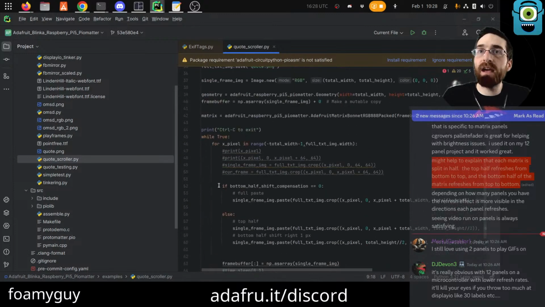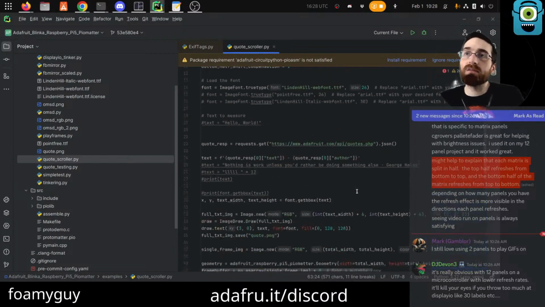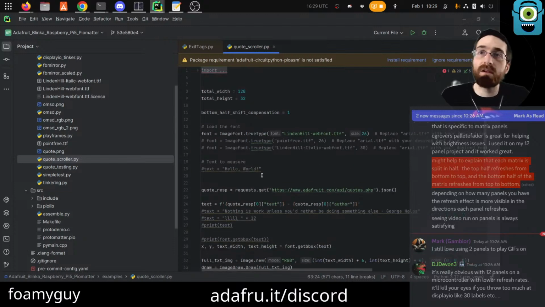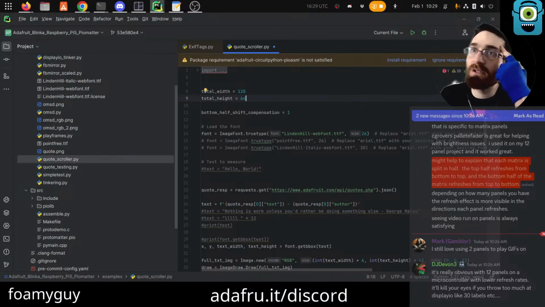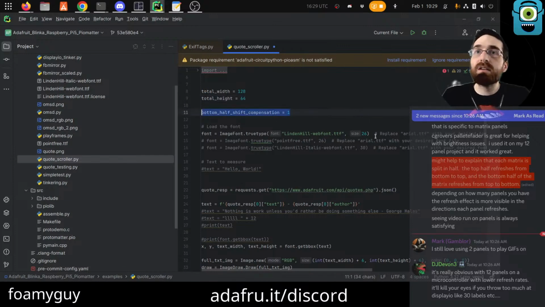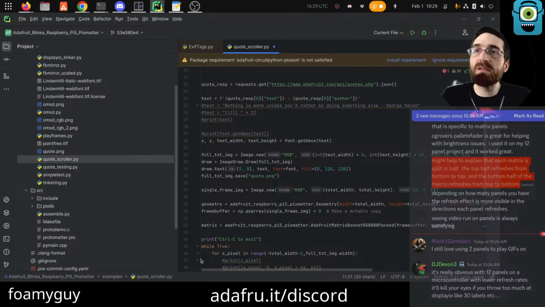And another thing it has is a trick, which was what I was going to talk about anyway, bringing us back to what DJ Devin mentioned a minute ago. So, yeah, I'll just stick with this. We can change this to 64, which I think we'll need to do. Bottom half shift compensation.